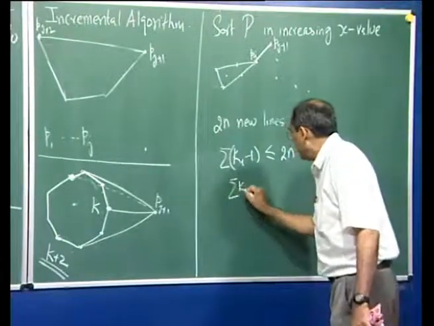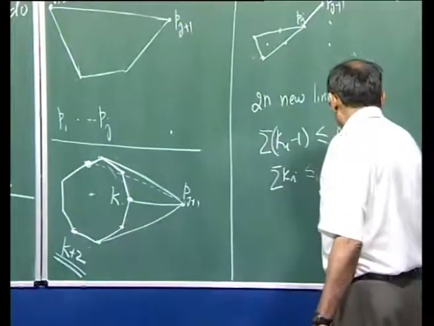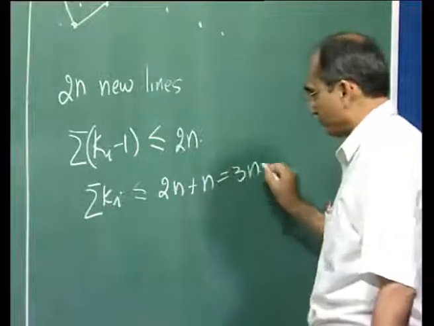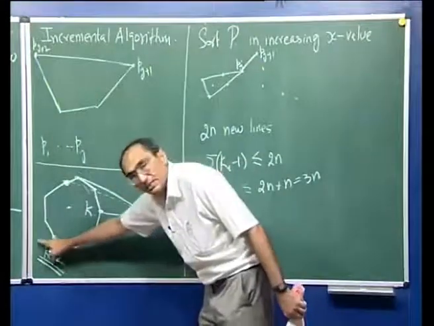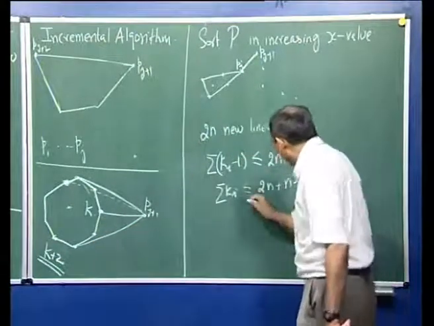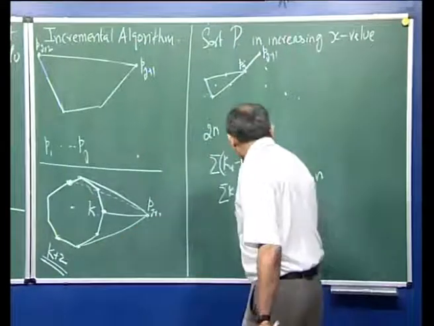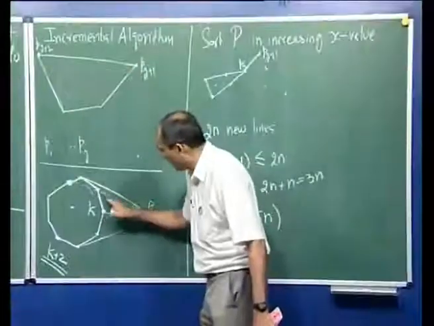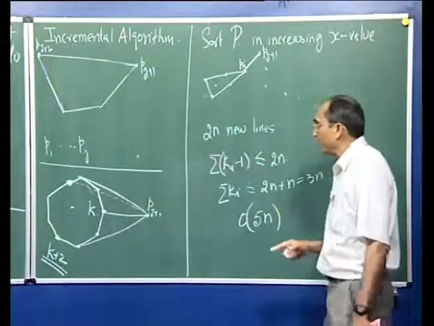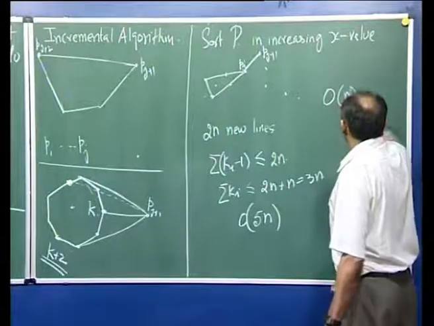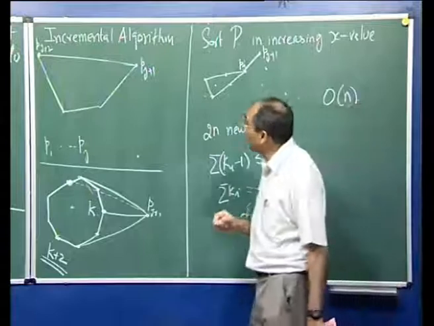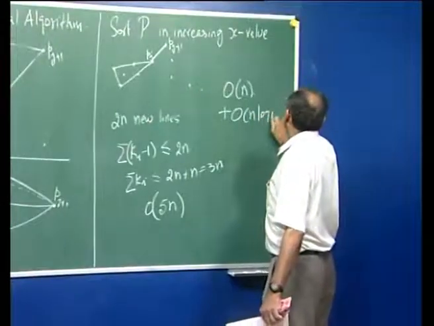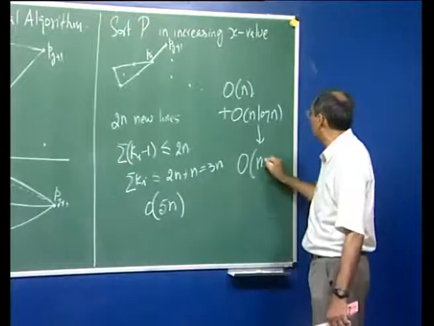Hence, this sum of ki is less than or equal to 2n plus n, that is 3n. And we do k plus 2 tests in each step, so the total cost adds up to, with the 2 each time, order 5n tests we will do for visibility here. So, the total cumulative cost will be order n. But there was an initial cost of sorting. So, this plus order n log n, and hence again this incremental algorithm will cost us order n log